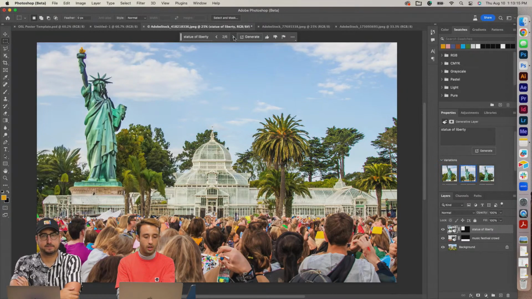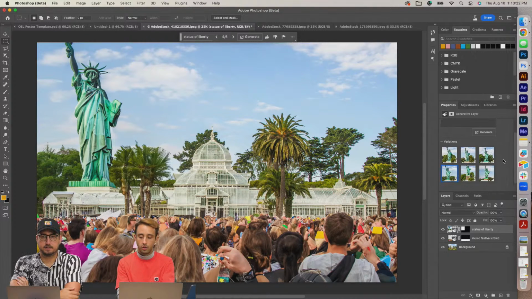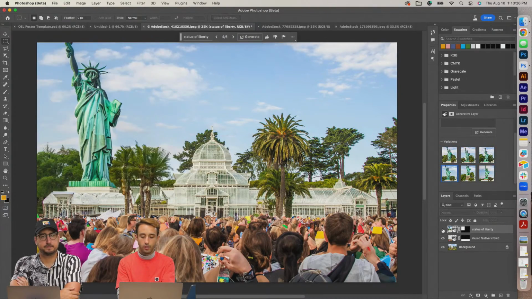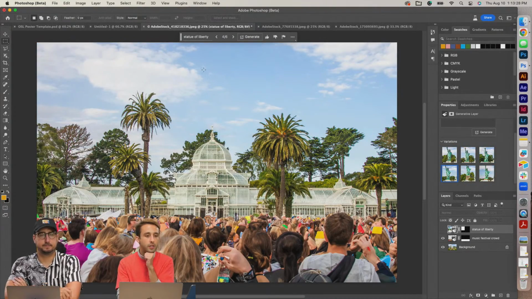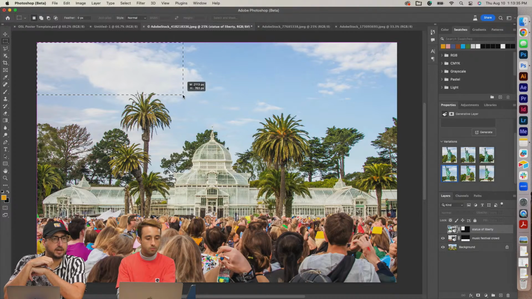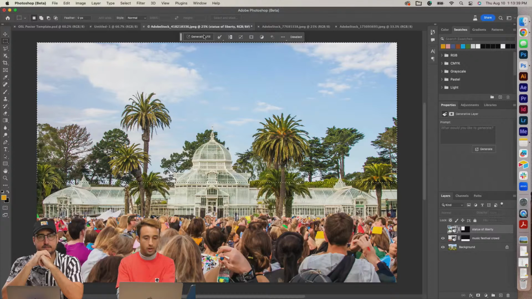So let's see, we've got more Statues of Liberty. And what's cool too is if I go over to the properties channel, you can see the other options that were generated in here. I really like the idea of, who was it that said a portion of the Golden Gate Bridge? I like that idea. That was Renee. So maybe, if I select this whole area,